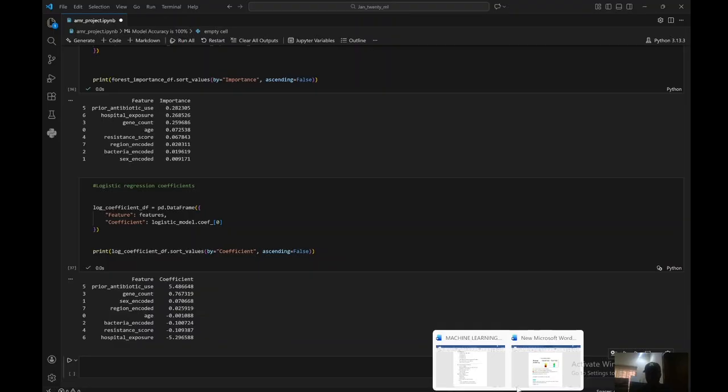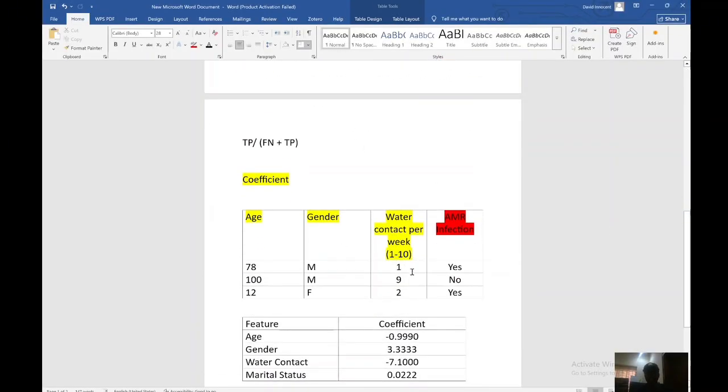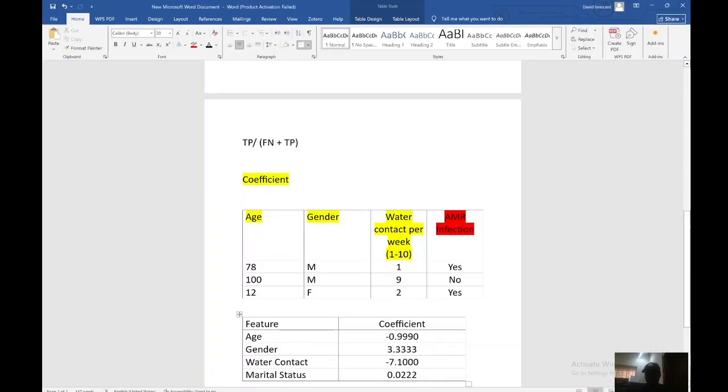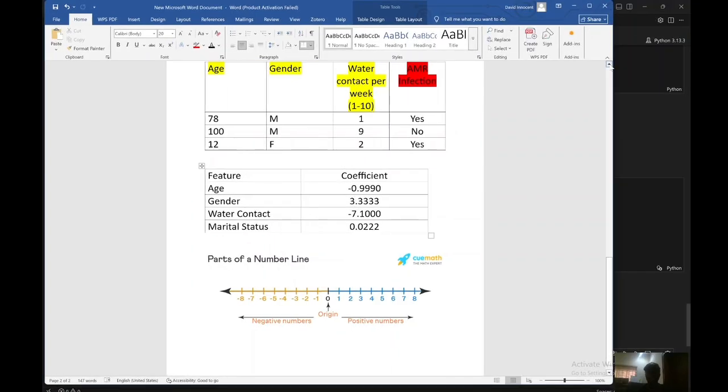Now I'm going to go back here to explain something. When you go back to these basic definitions that I have here, I did mention that if it's negative, it means that it reduces the risk of the target, and if it's positive, it increases the risk. Now we're going to apply the same logic here. Based on our logistic regression model and the directionality of the effect, for minus 0.001088, it means that looking at the number line, which I did illustrate here, that's going to be around slightly here. So it actually has a slight effect in reducing the risk of